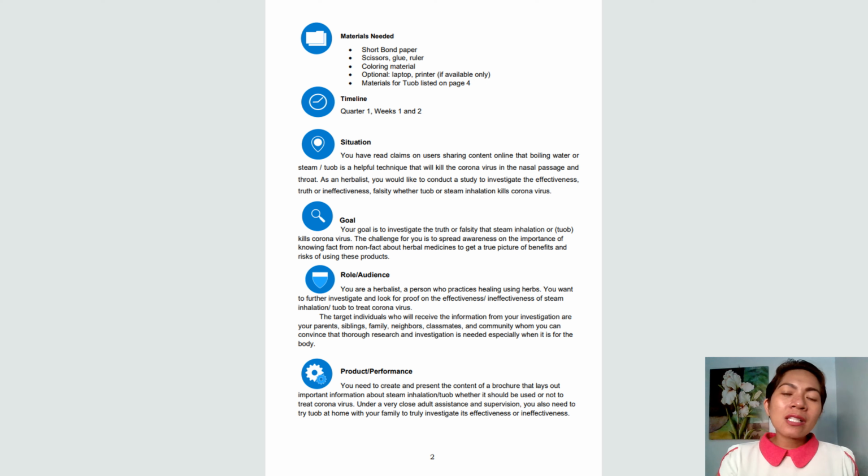So meaning to say, in this situation, the learner will be made to really experiment and to really perform the tuob part before he or she can develop the expected output, which is a brochure. So in the previous output of Ma'am Cyril, in every subject, she has something for them to do, with questions that the children must answer. But when I dig into it, it's really a burden on the part of the learners to be answering all of those per learning area.